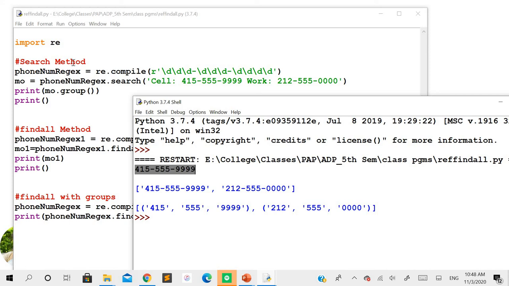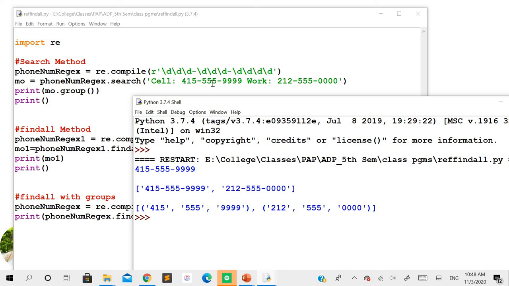The selected value is the output of the search method, or you can say the first example that has been written in this program. You can see here the input string is cell, followed by the numbers which are defined with this pattern, followed by work, and again the same kind of numbers defined here with a pattern. In this example, you have used the search method.